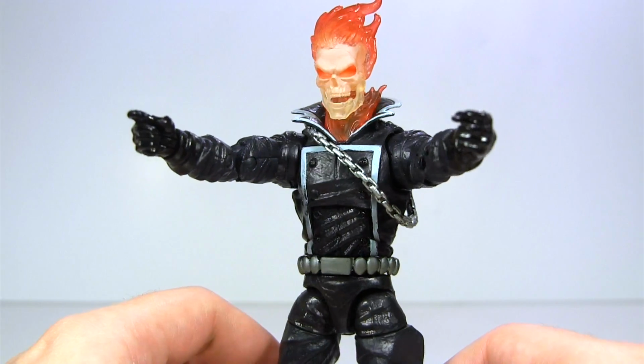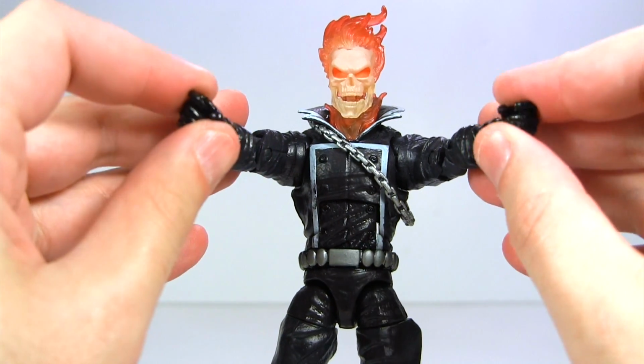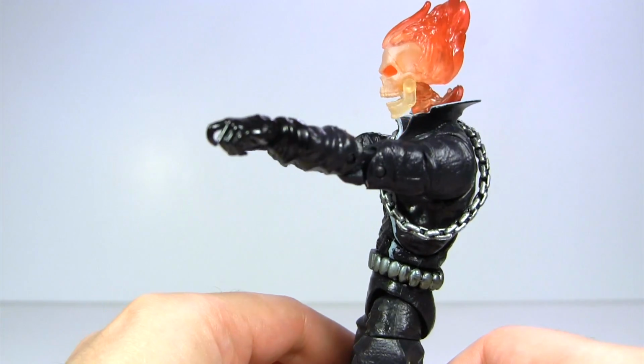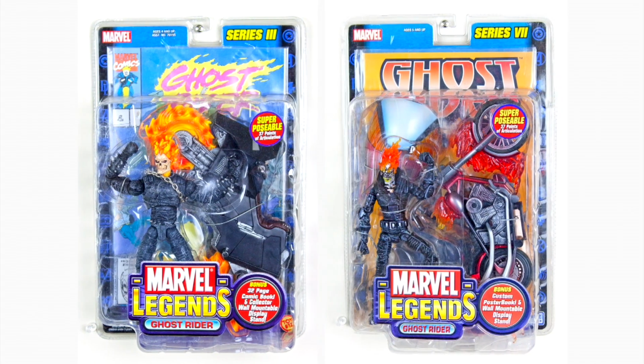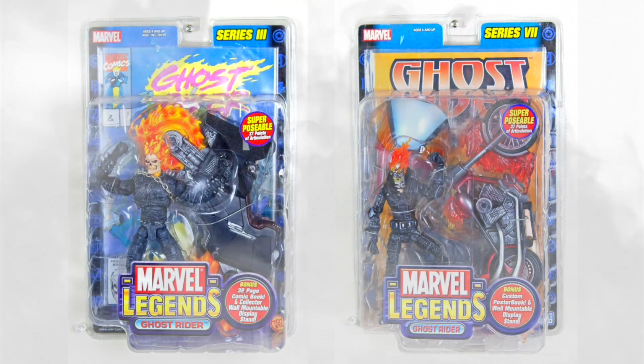I guess those hands would be good for gripping handlebars of a motorcycle. Not that he comes with one, of course. Sure, back in the day, for a third of the price, Toy Biz gave us a Ghost Rider and motorcycle. Not just the one, actually. Yet I won't waste time complaining about that, as the days of that kind of bang for your buck are